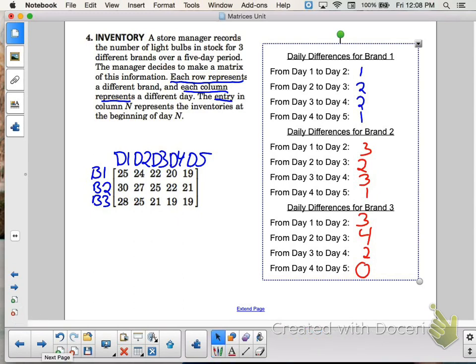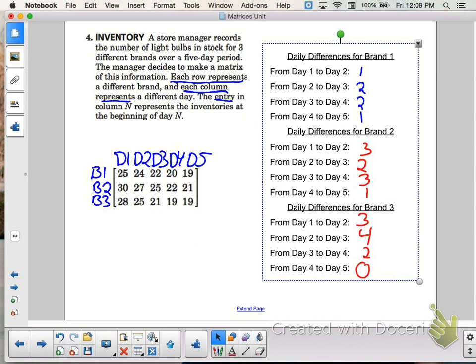So now looking at that, can you tell me which brand holds a record for the most number of light bulbs sold on a certain day? Brand 3. Why do you say brand 3? There you go. So, pretty easy. Just looking at these numbers, figure out which one is bigger. You all okay over there? Okay. Figure out the biggest number, and then you can say which one holds a quote-unquote record for selling the